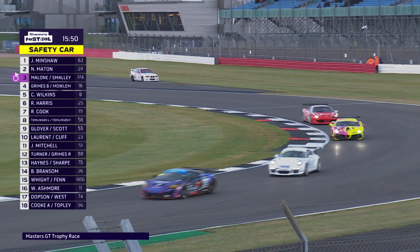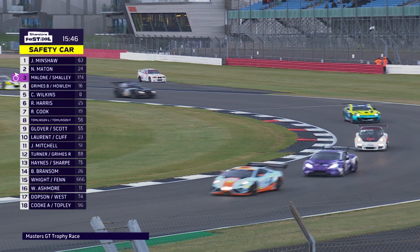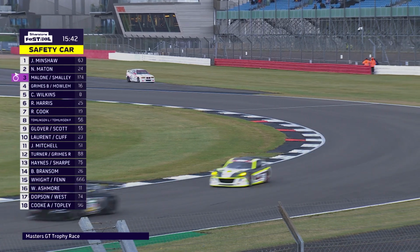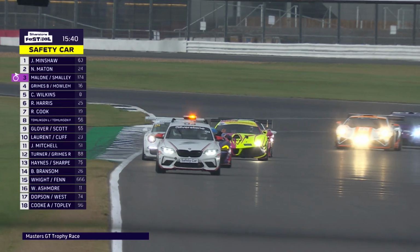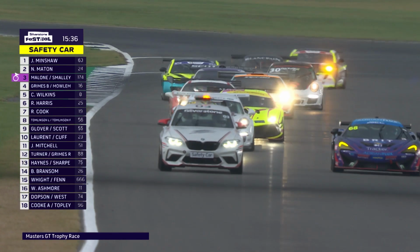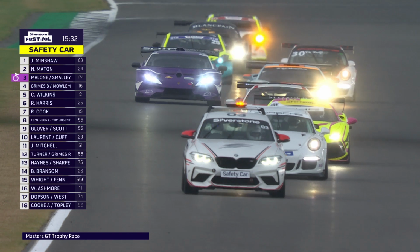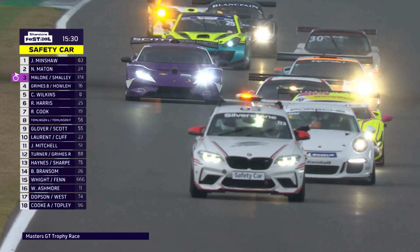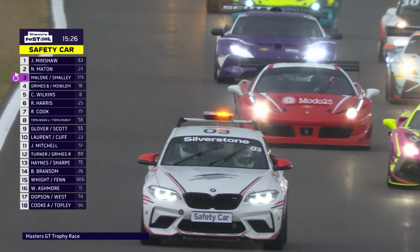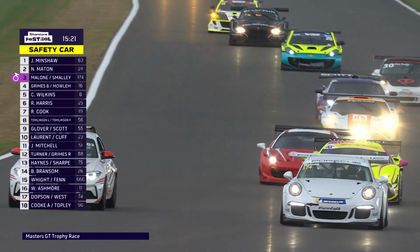The rain really hammering down now. Oh, is it? Oh, yes, it really is. Just look sideways at our window and I can't see anything out of it. It really is hammering down, but it's not here. See, it is just part of the circuit. Yeah, I mean, we are on the corner here at Luffield, Brooklands, Woodcote, where the rain arrives. That's where the weather arrives at Silverstone. And although there are spots of rain here on the Hangar Straight, you can see on the track, it's not